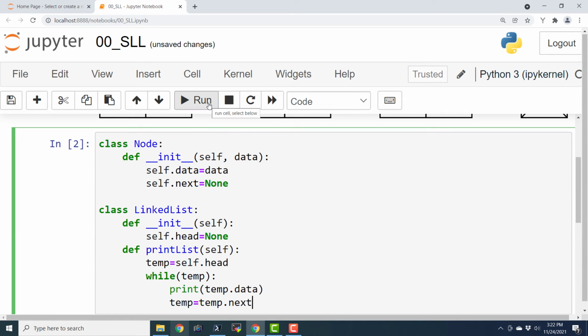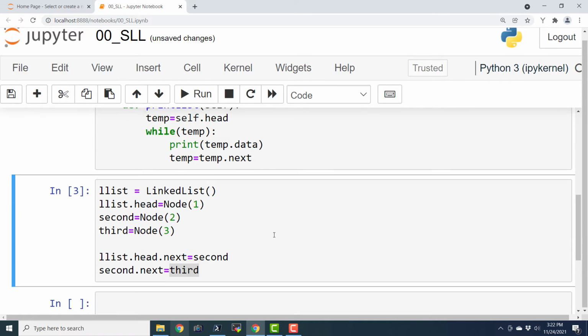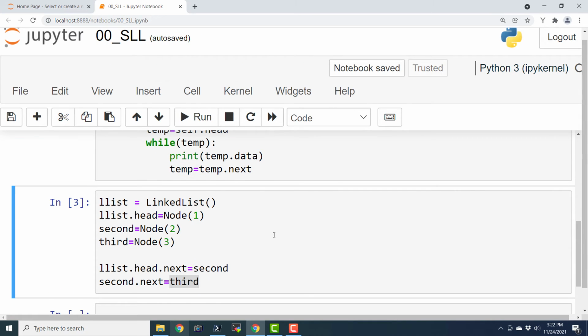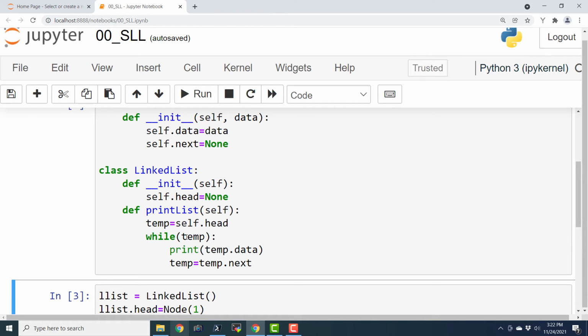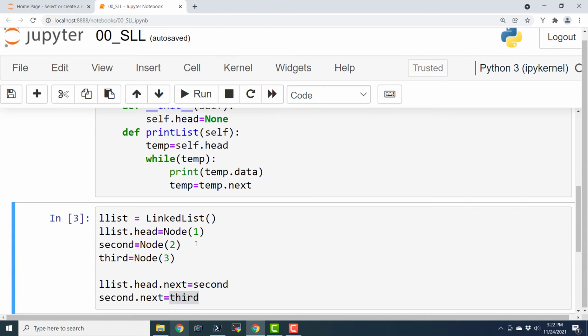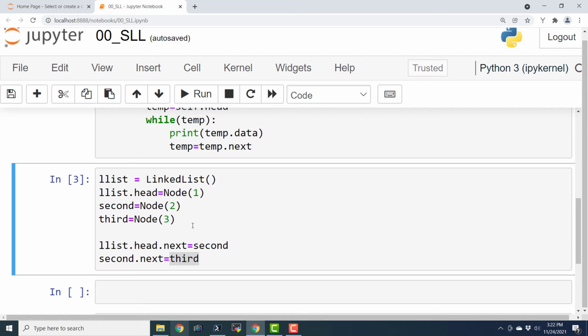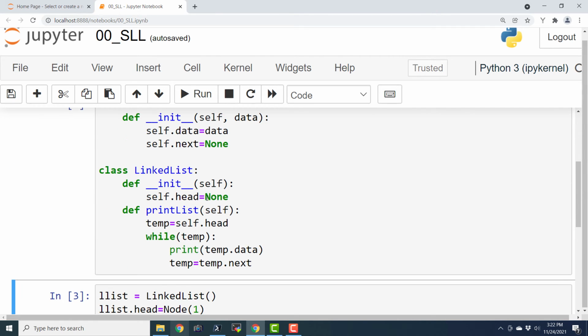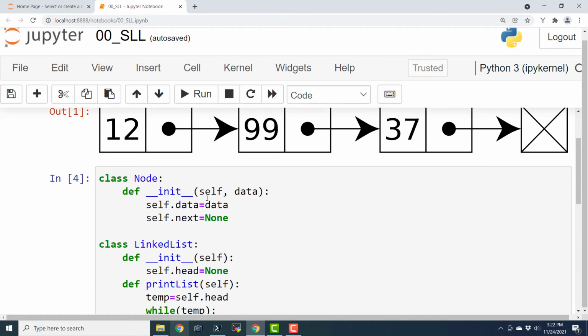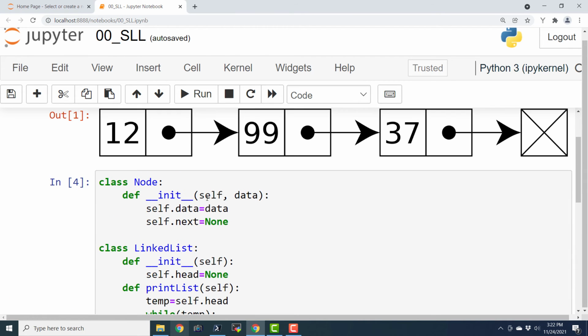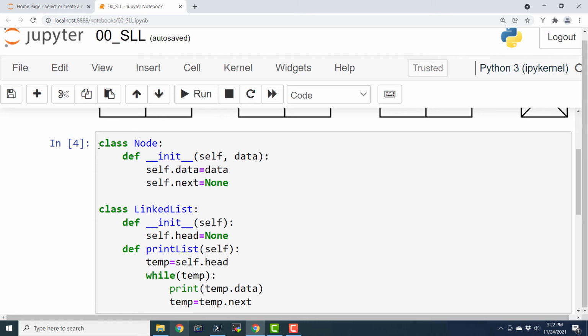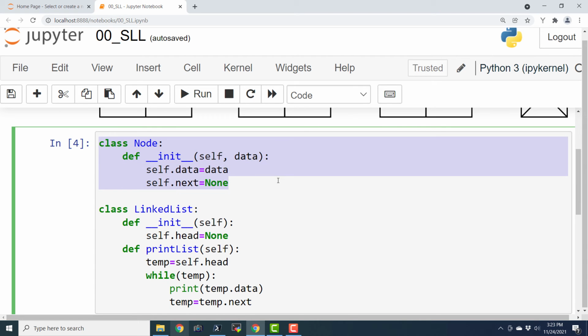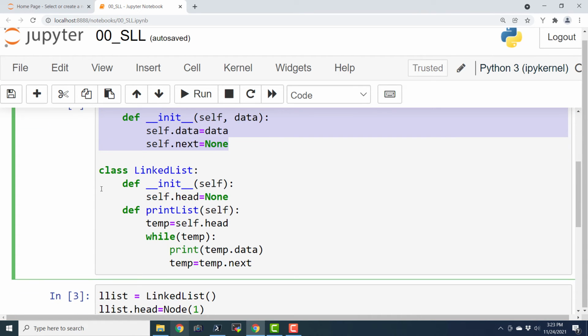Now let me re-execute this entire cell. While we already have the objects corresponding to the classes in memory, the objects are stale. This means that the objects have the layout of the earlier definition of the classes node and linked list. We haven't changed the definition for class node, but we definitely have changed the definition of class linked list.